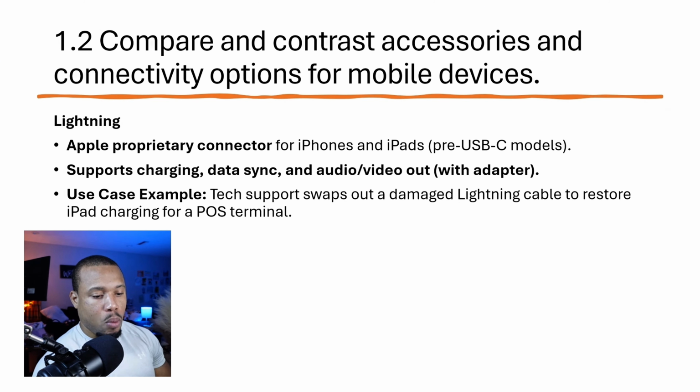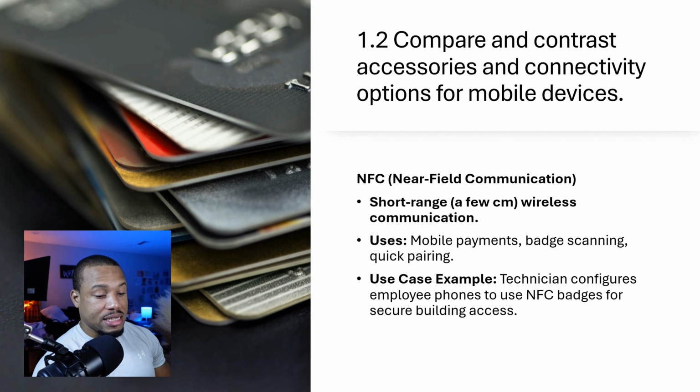Near field communication, or NFC, is a short range wireless technology that works only within a few centimeters. It's commonly used in mobile devices for secure mobile payments, badge scanning, and quick pairing between devices. For example, many companies use NFC badges to grant employees secure access to buildings, and a technician may be asked to configure phones so they can use those badges. The main takeaway here is that NFC provides very close range secure communication, making it ideal for authentication and payment